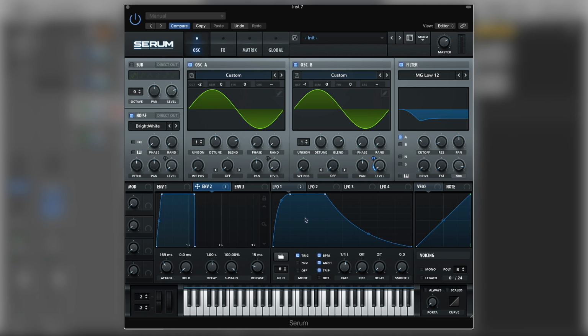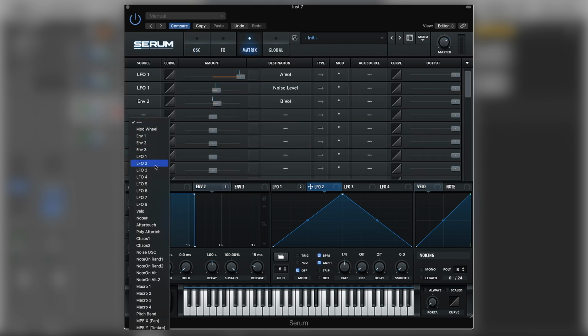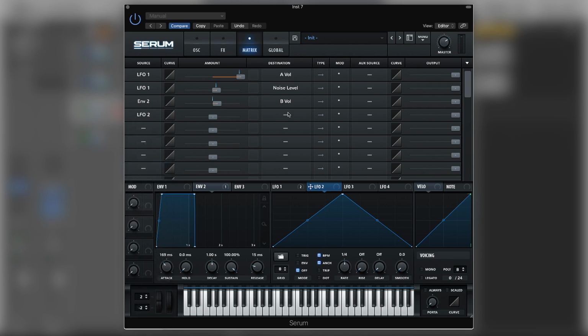Now next, because we have some kind of pitch decay in the sub, we're going to assign it to LFO2. So let's move it to matrix and select LFO2 and destination will be global master tuning. Okay. In this case, we wanted unipolar. And let's push it up about 2. So from here, let's bring it like this,